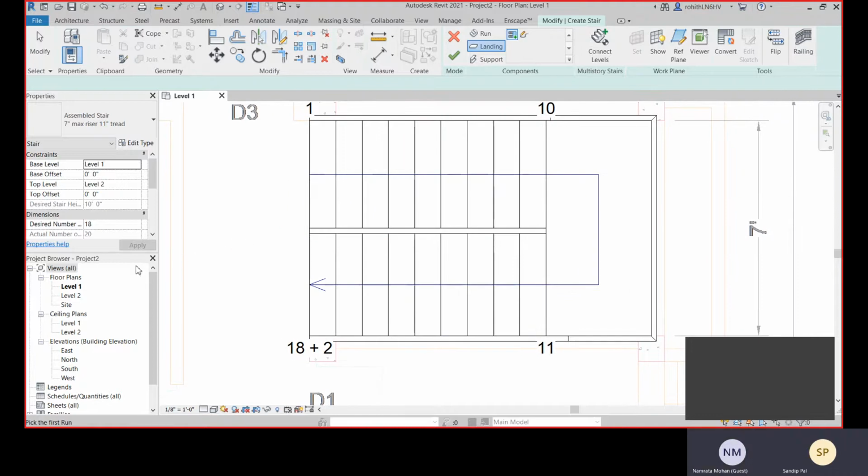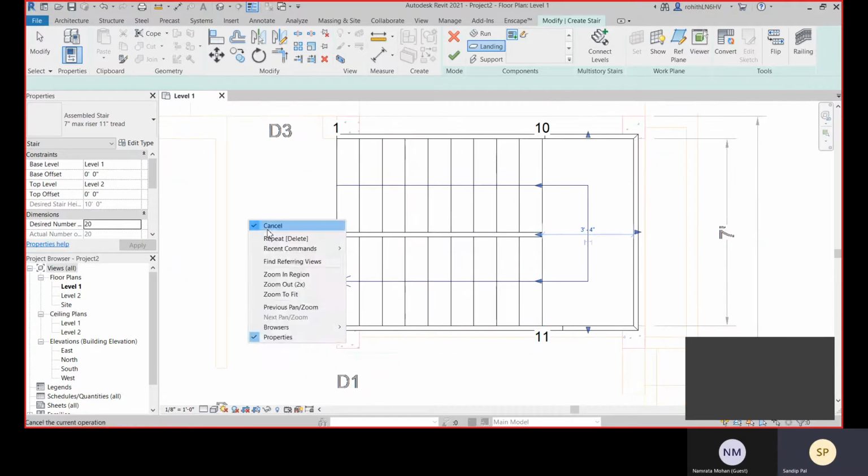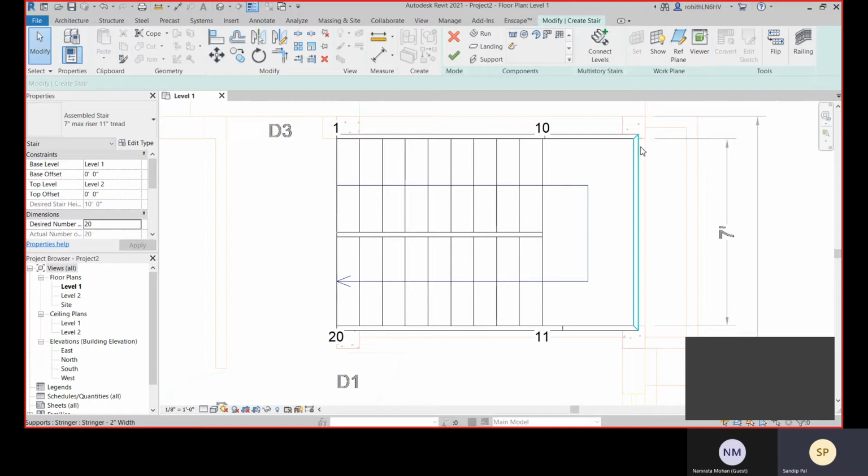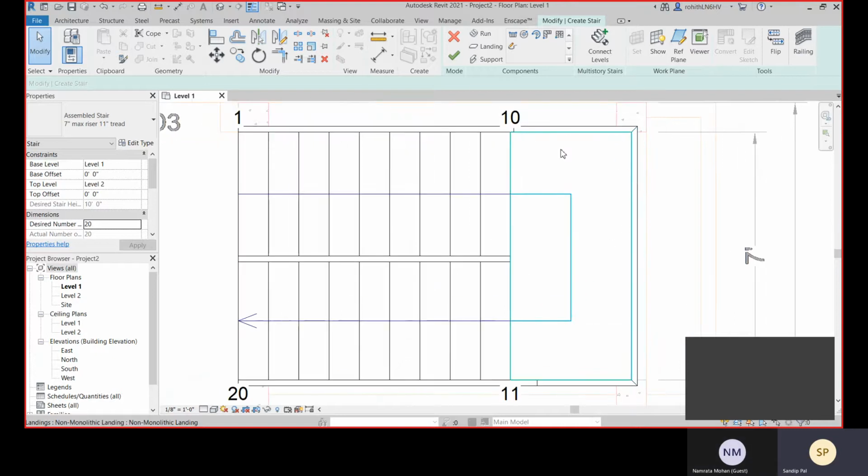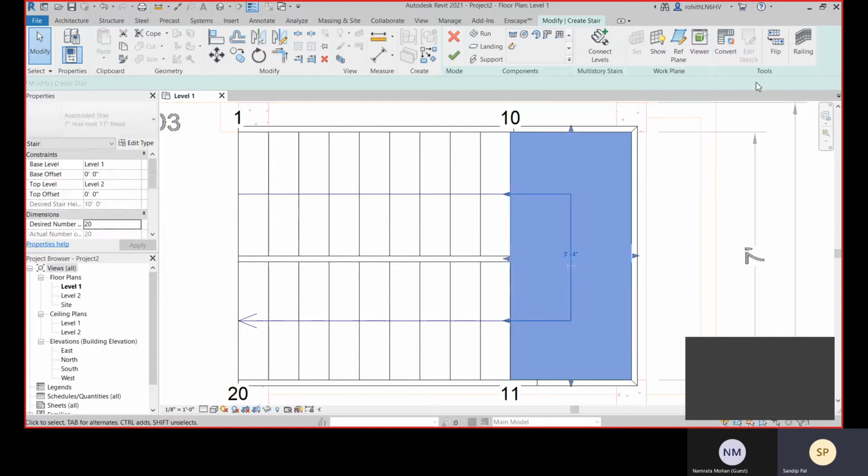Okay, now here you can change this, like there will be 20 risers. So this as a riser count, here is 10 and here is also 10. Now you can see that according to our sketch, this landing got increased. The length for this landing is not proper according to our sketch, so we can edit it.